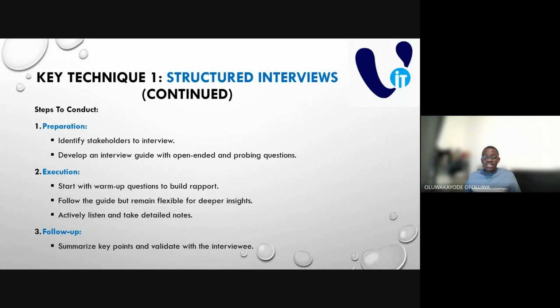As a business analyst, I always say it every time: you always have to take notes. But remember, you're not a note taker. You're not a secretary that is just going to be writing things down. You have to be taking notes of key